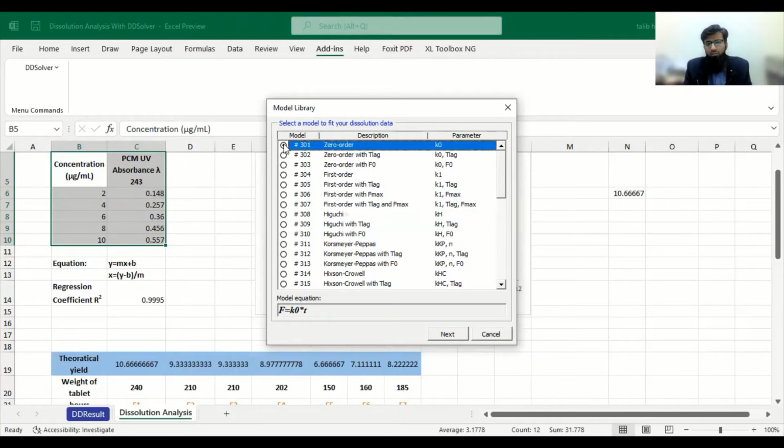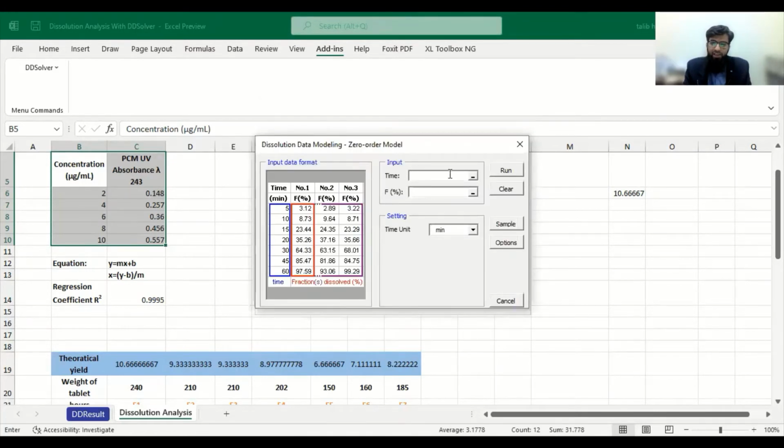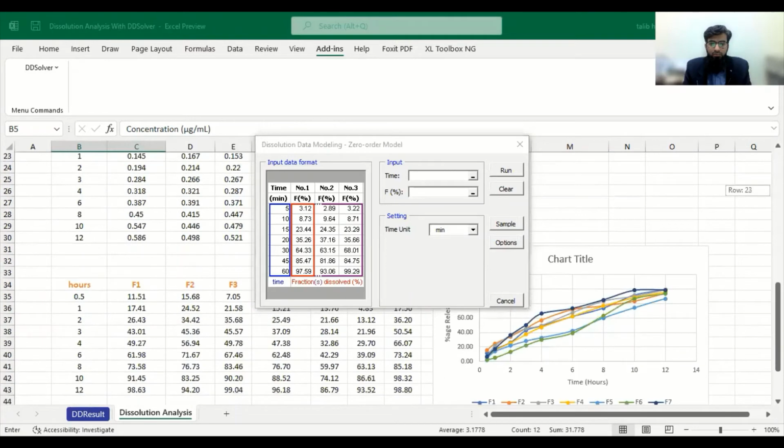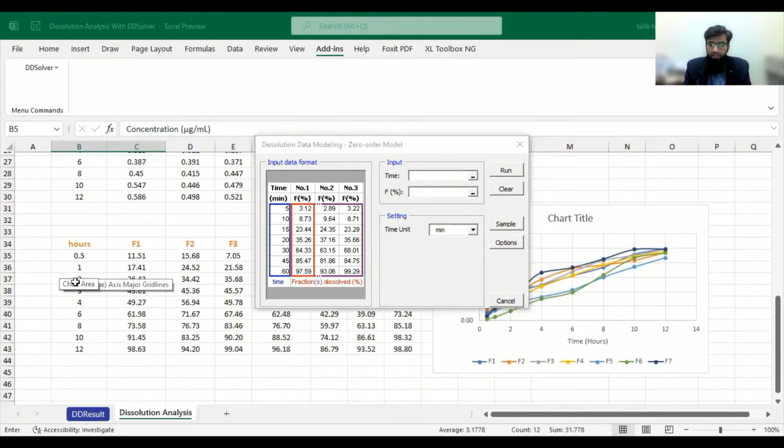First of all, click on zero order. Click next and add the data. Input requires a time value with a time unit, and F value, which is percentage of drug release. For time, we have time in hours, so we will select the unit, which is hour.